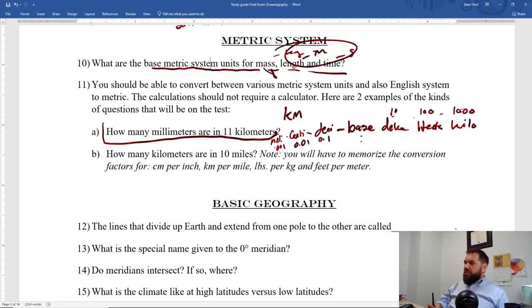Okay, and the base, of course, is 1. That's the base unit. It's just itself, 1. So anyway, when we go from kilo to milli, we have to go 1, 2, 3, 4, 5, 6. We make 6 jumps. So that means we're going to take 11 and move that 1, 2, 3, 4, 5, 6. And if you fill in the zeros, you notice that we'll have about 11 million. Well, we won't have about 11 million. We will have exactly 11 million. Okay? So that's how that works.